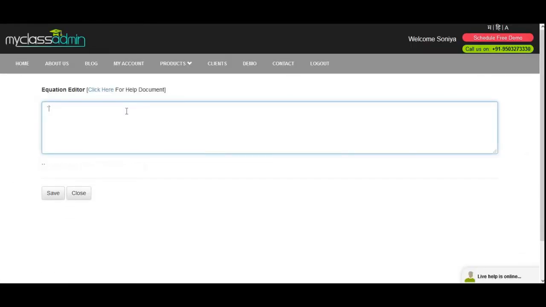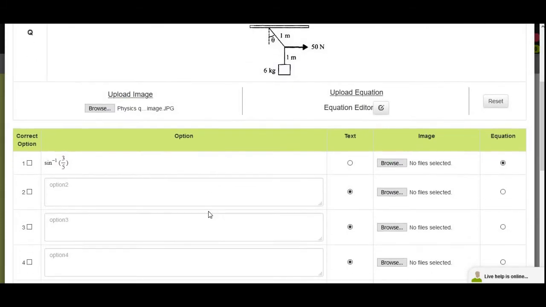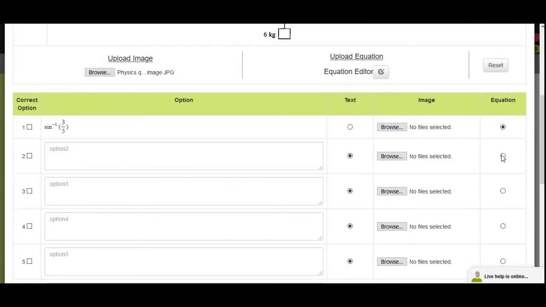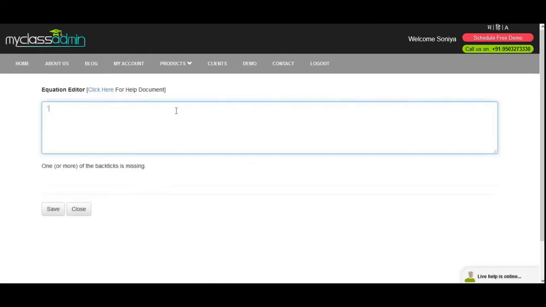Type the equation. Click on save. We'll follow this same process for other options also. Type the equation. And save.